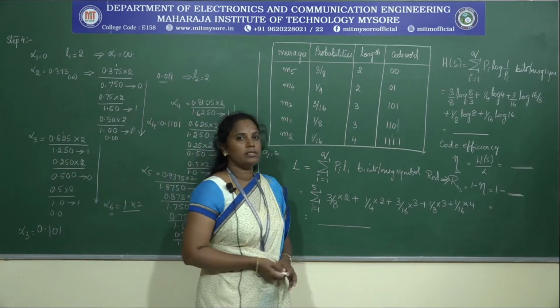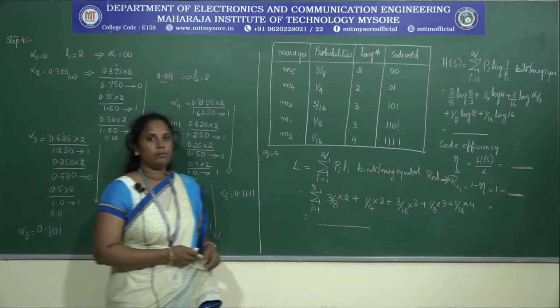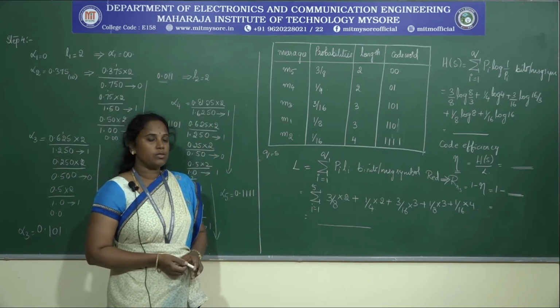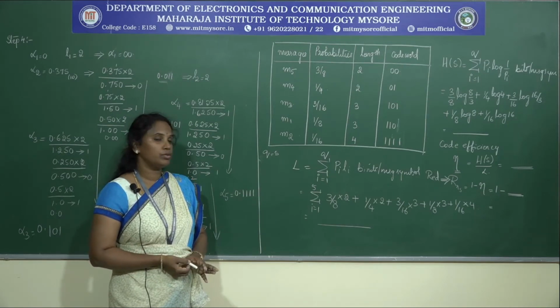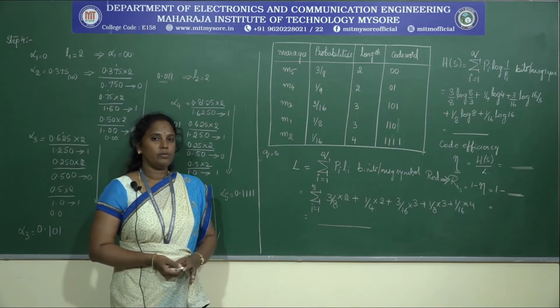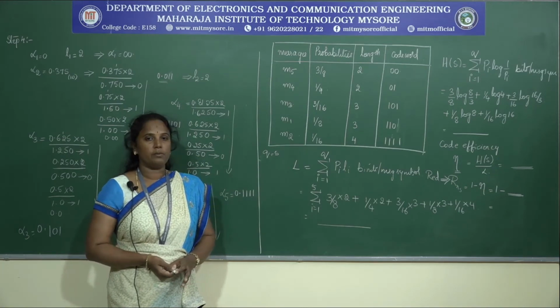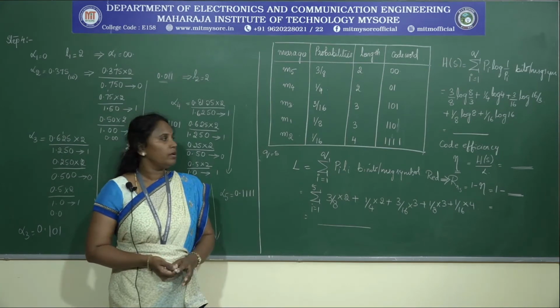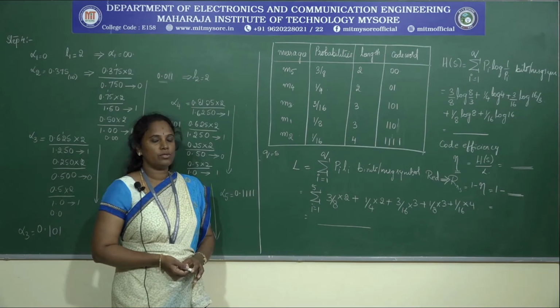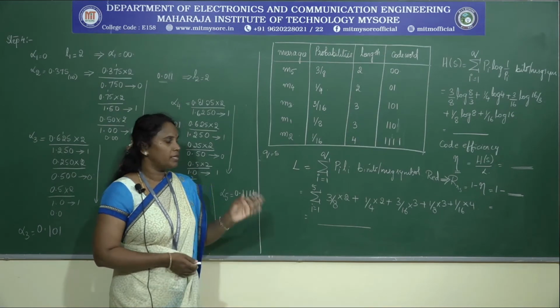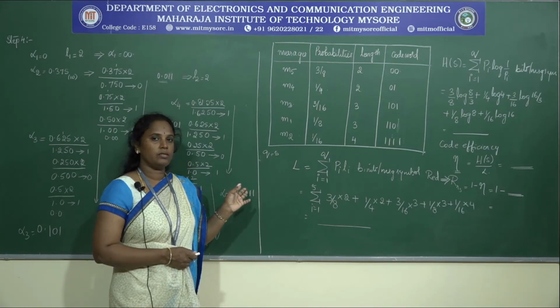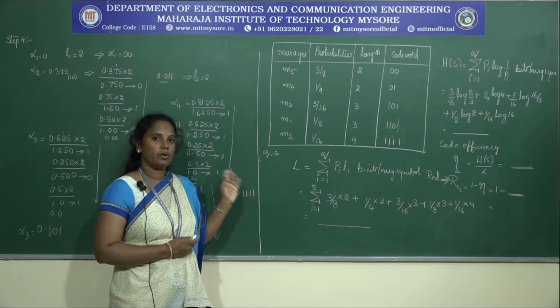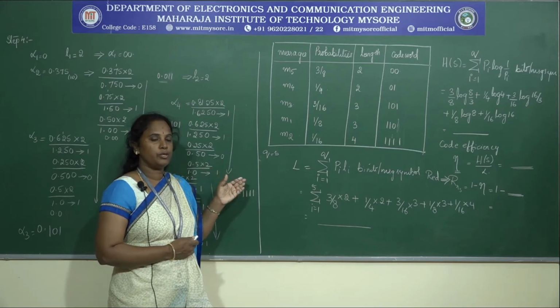Second extension means, here we have 5 source symbols. If you want to calculate the second extension, then it will be 5 to the power of 2, so 5 squared means we will have 25 combinations, that means 25 source symbols will be present. Once you find all the 25 source symbols, you need to arrange them in decreasing order. Next you need to find the sequences, then the lengths, and then the corresponding code word, by converting decimal to binary.